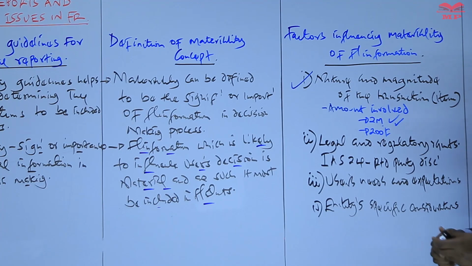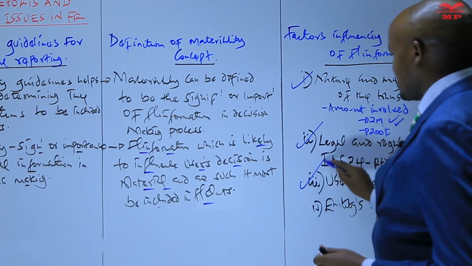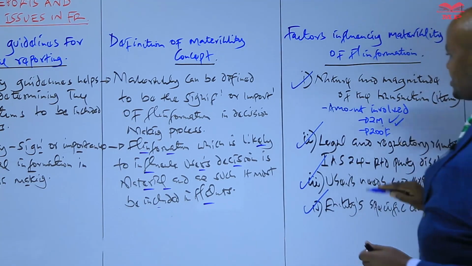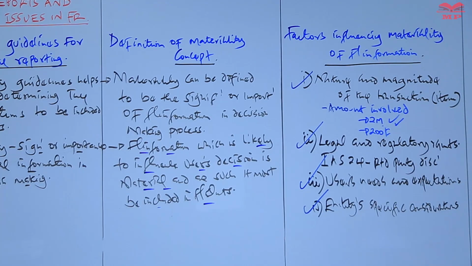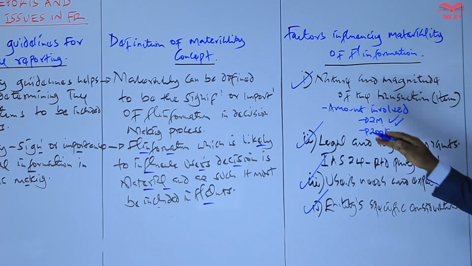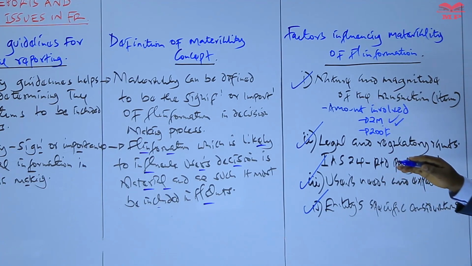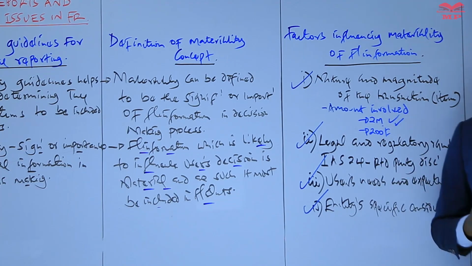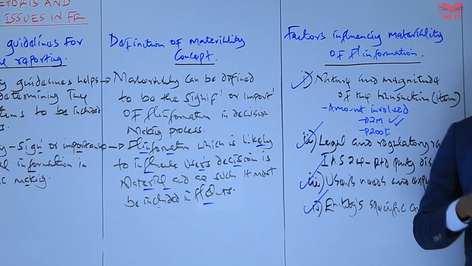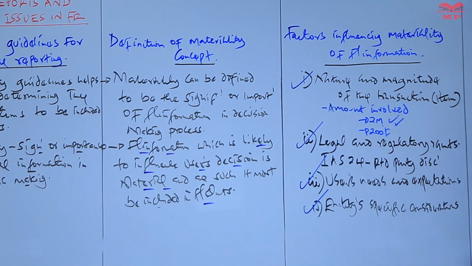So therefore, in this case, we have this as some of the factors which determine whether an item is material or not. And therefore, if an item which is already considered to be material is not disclosed in the financial statement, then those financial statements may be deemed to be misleading because they will influence the decisions which will be made by the users. So then in this case we can proceed and look at the application of this materiality concept.